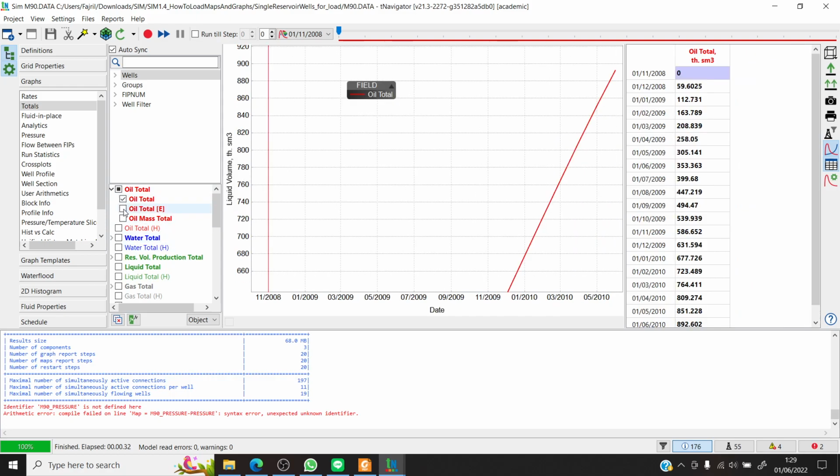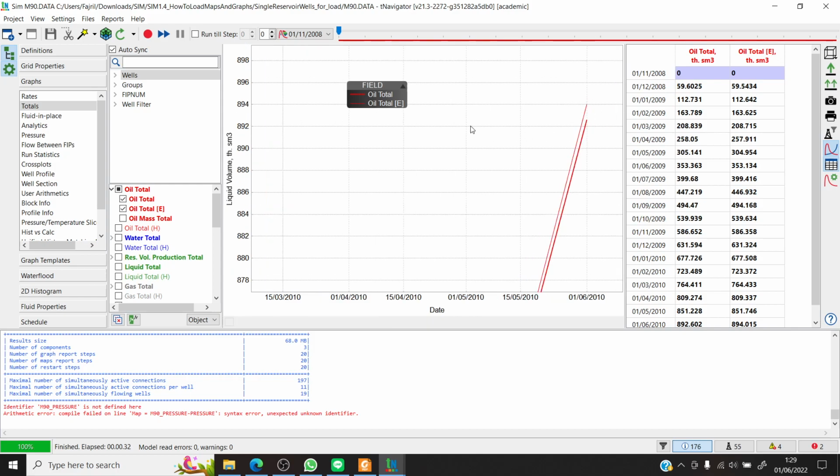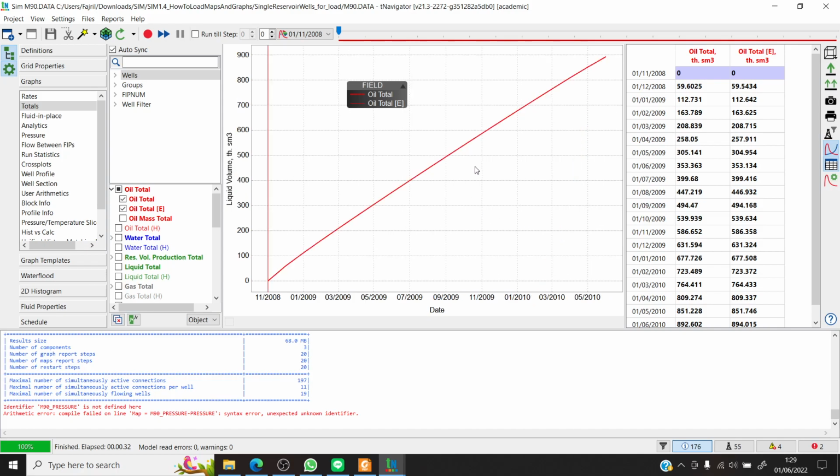Okay, let's just compare this and this. Yeah, there's not much big difference. If we zoom in, however, yeah, we can see the difference. We can left and right click our mouse to go back to the original view. Yeah, we can compare this, and then